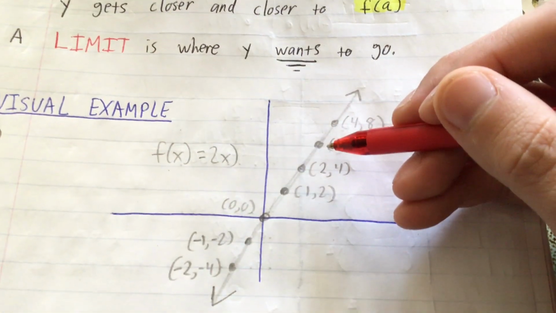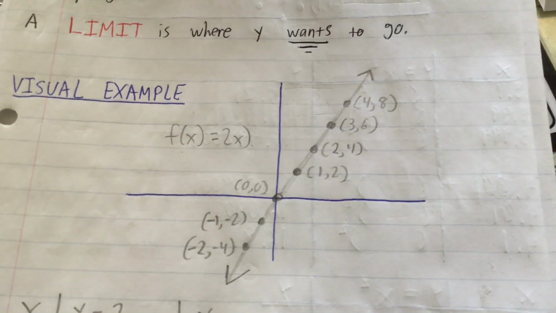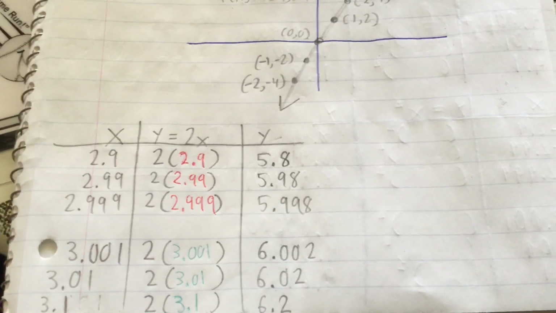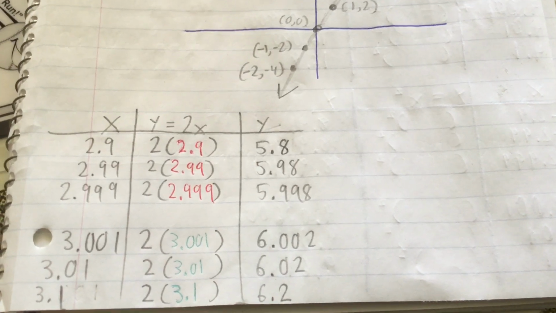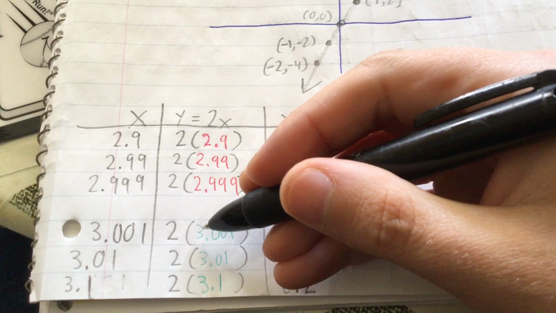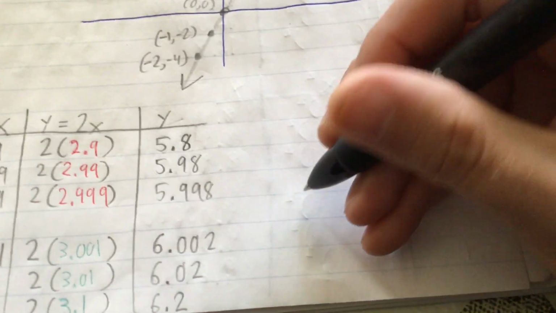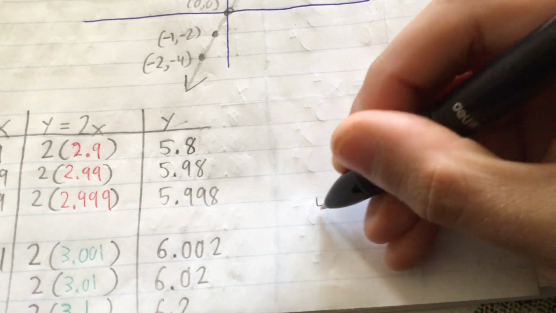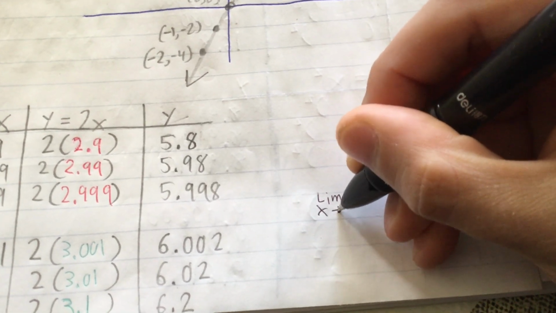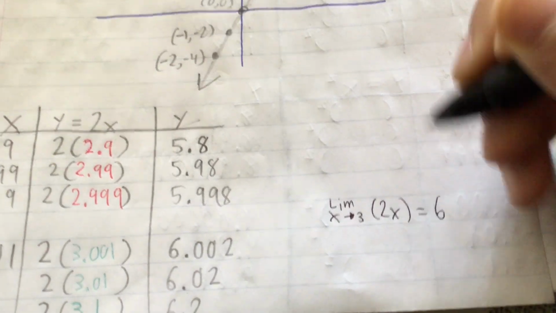Let's just use common sense. If I plug in x equals 3, I'm going to get 2 times 3 is 6. So what do we say here? We say that as x gets closer and closer to 3 from the right side, and as x gets closer and closer to 3 from the left side, the limit as x approaches 3 for 2x is 6